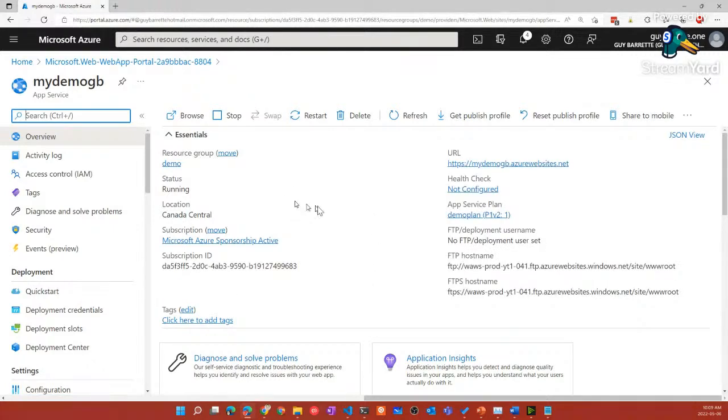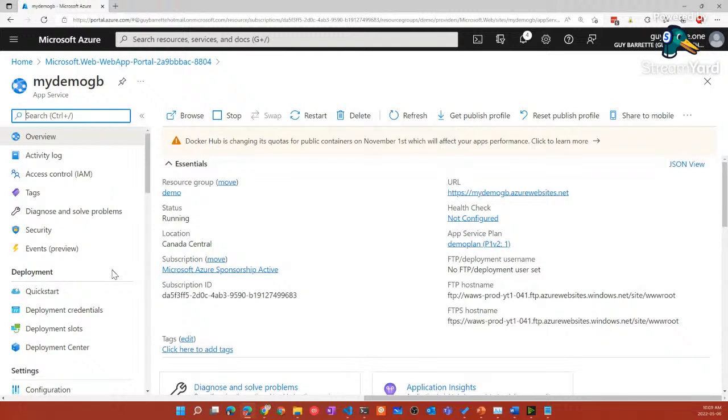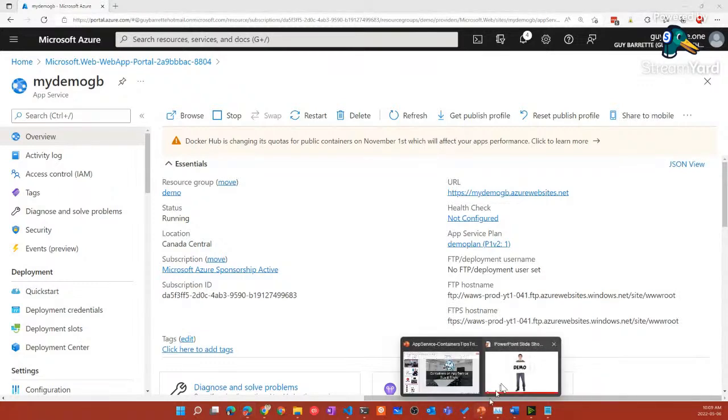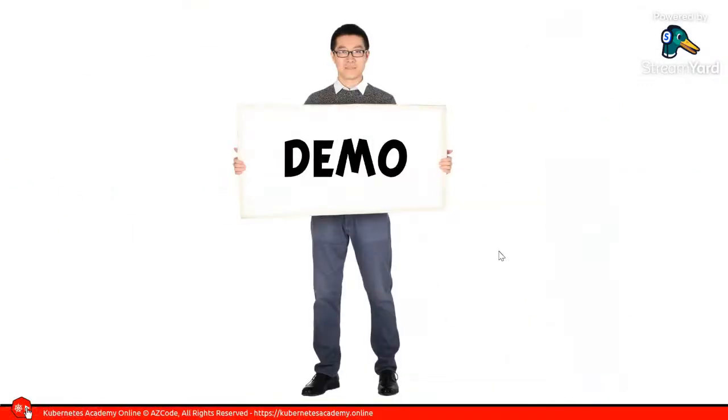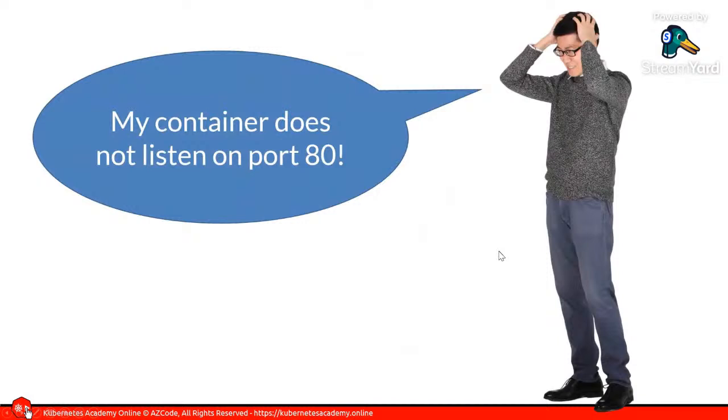So here, it's basically the same screen that we have when we run a standard web application. So what I'll do, I'll come back to the slides and we'll take a look at the different pages here. And so you can manage your Docker image here. Okay. So first tip,